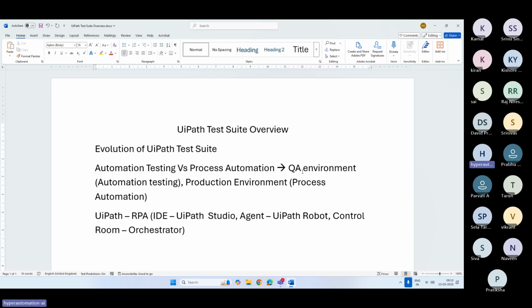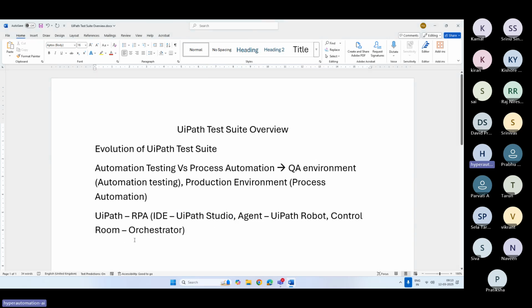If we go back to 2016 or 17, we only had these three components as part of the UiPath platform: the IDE to develop our workflows as part of our automations, the Robot to execute the automations, and the Orchestrator to manage the automations and the robots. So this is the product platform when UiPath was initiated,